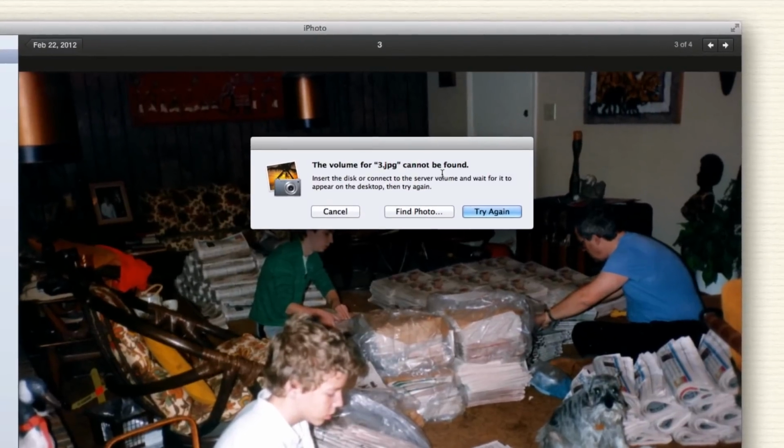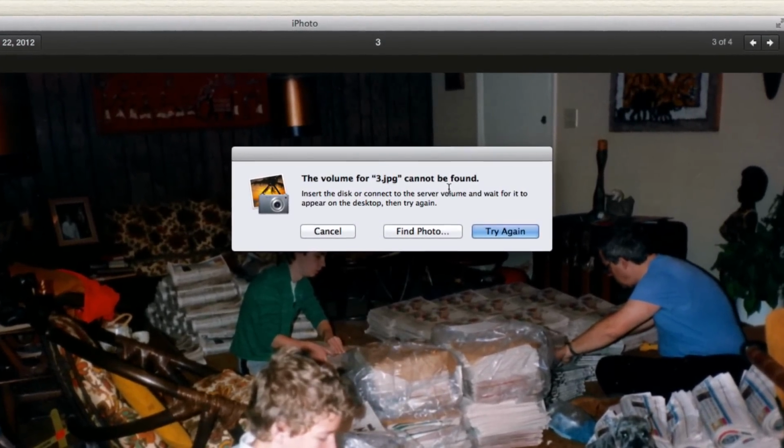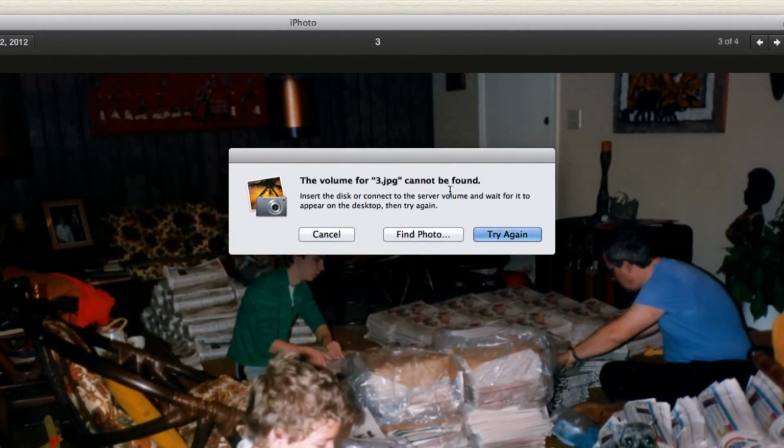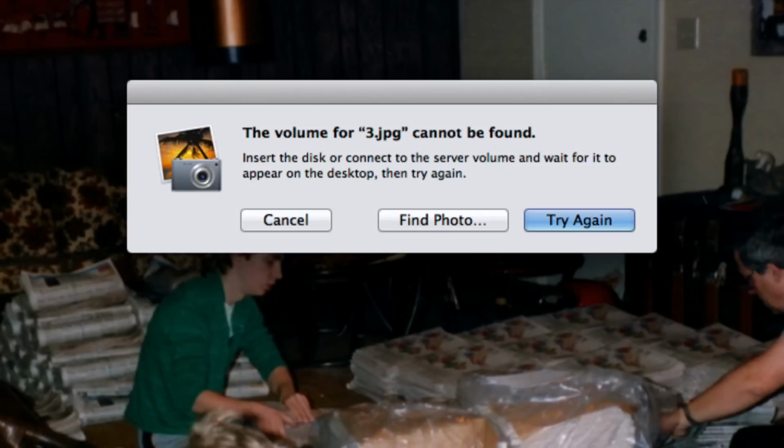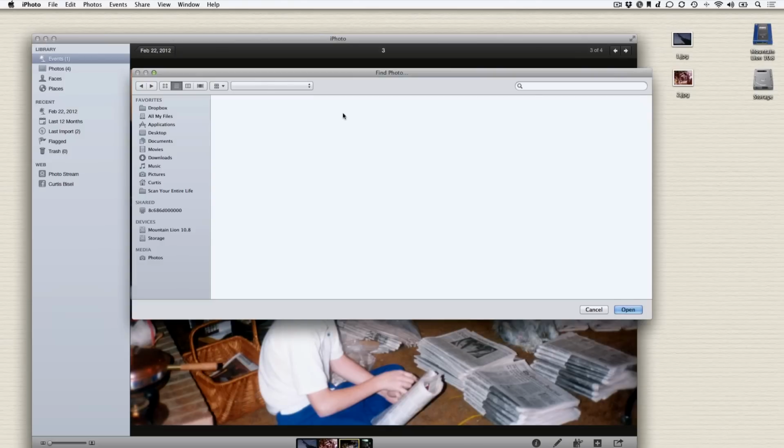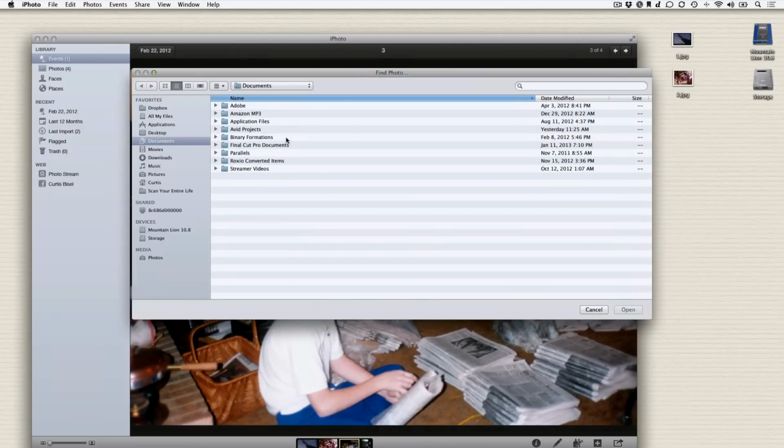You are now responsible for protecting all of the photos that you import when that setting is deselected. iPhoto is no longer responsible for managing and protecting these photos. If you turn that setting off, it's completely your responsibility to make sure that nothing happens to those photos that you import that way. You don't want to accidentally move them or delete them, or iPhoto will no longer be able to find them. And you'll get this message right here: the volume for such and such a photo cannot be found. And then you're going to be asked to click on certain buttons here and locate these photos for it.